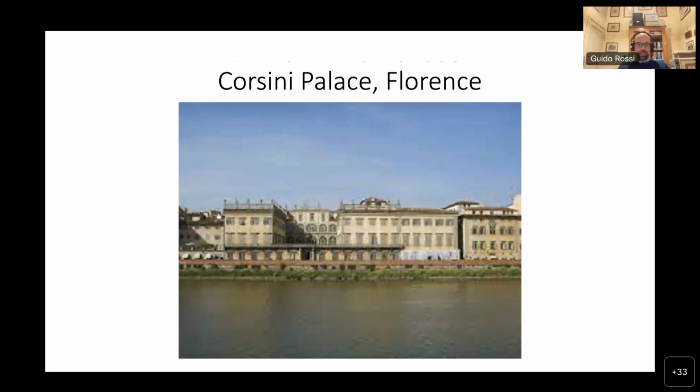This is Florence. This is the palace of the Princes Corsini. You can see this is the river Arno, the river in Florence, and this is their very beautiful palace. These people, before becoming great nobles, were actually merchants, and some of them made a huge fortune in London in the late 16th century. Now, when the main merchant of this family, who was living in London, died in 1601,